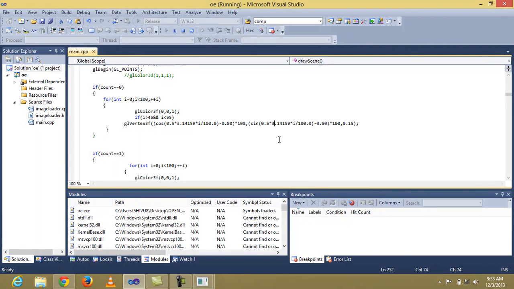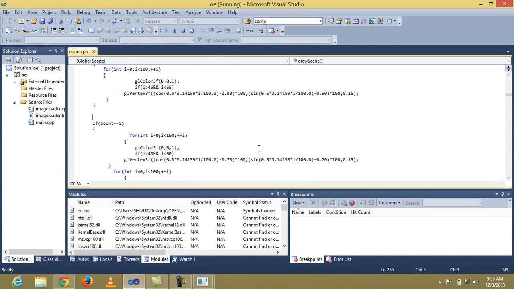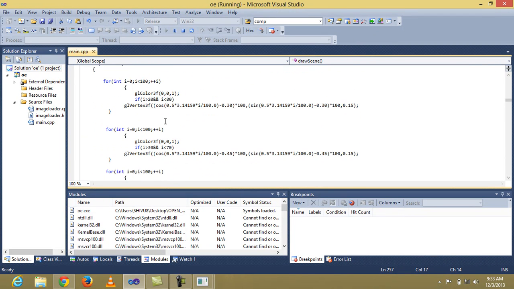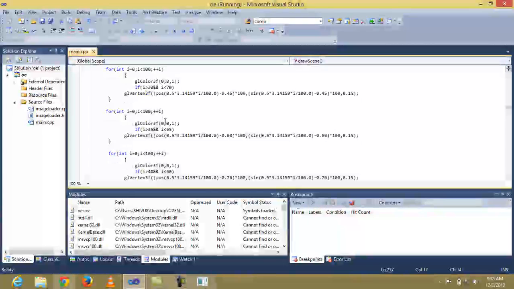Here we have drawn only the arc, so we have used only 0.5, and this minus 0.80 and this minus 0.80 refer to the position, and 100 is multiplied with the magnitude. And we have used the count variable to draw alternate waves. After the waves, we'll see